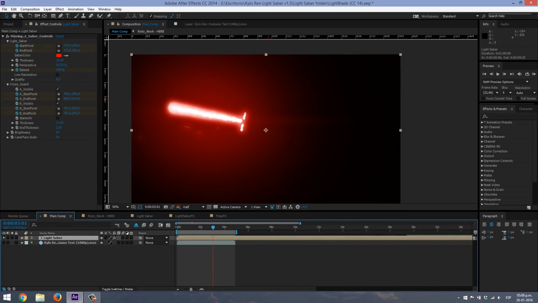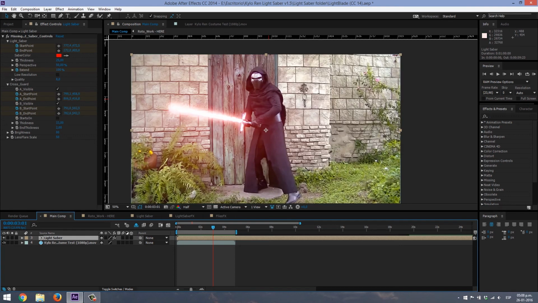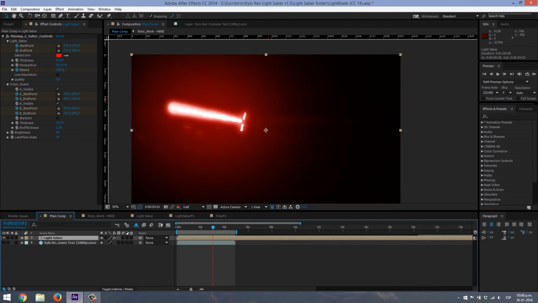As I said, since it is a bright background, it is difficult to see some details, but here you can see all of what's happening here: the sparks, the flames, the brightness, the scale here,